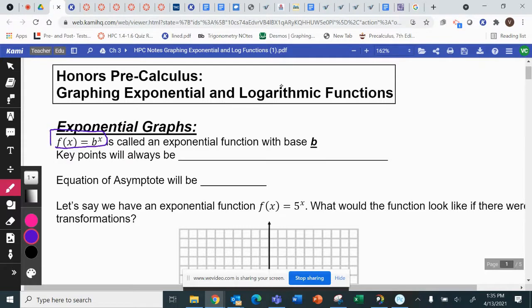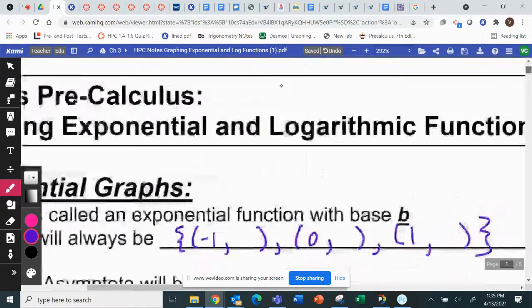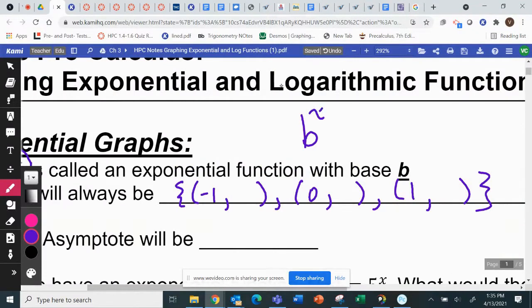F of x equals b to the x would be a parent function where the exponential function has a base of b. When we have this situation, our parent function key points are always going to be -1 something, 0 something, 1 something. So if I take b to the x and I plug in 0, this middle one, what do I get? 1. Every single time, anything to the 0 power is 1. So for every single one of these, we're going to start out with an ordered pair of (0, 1)